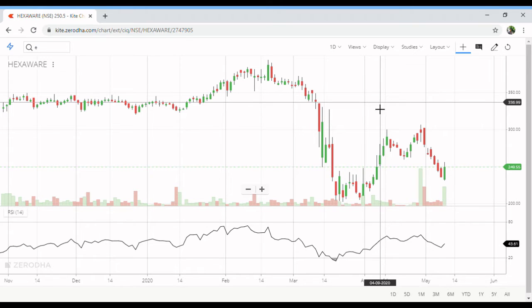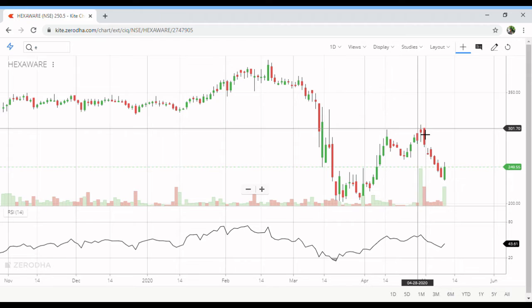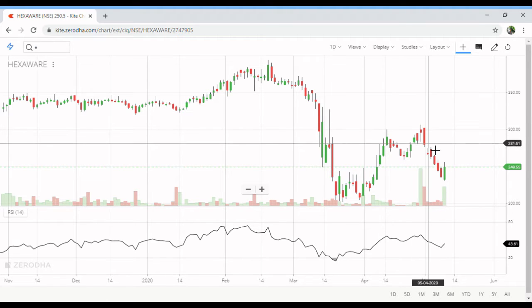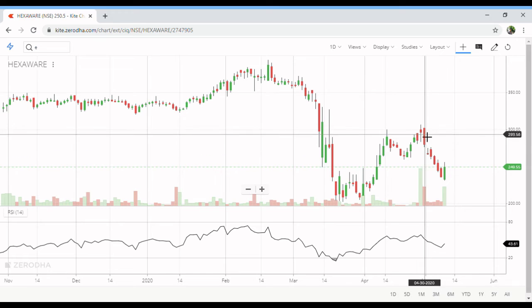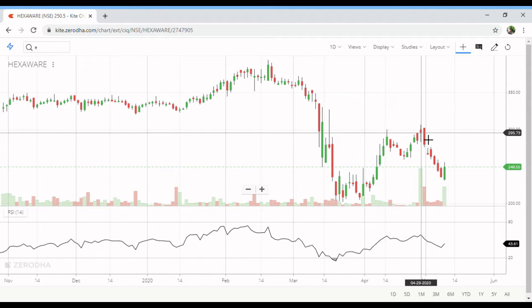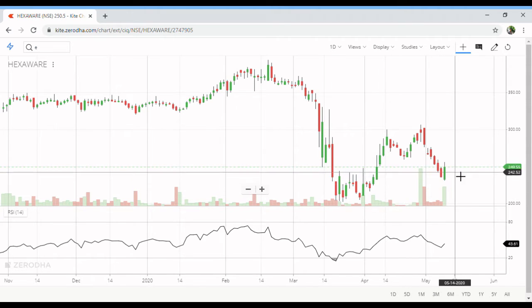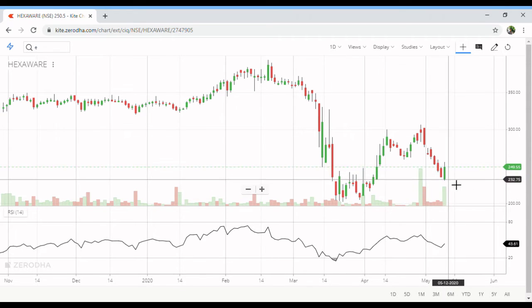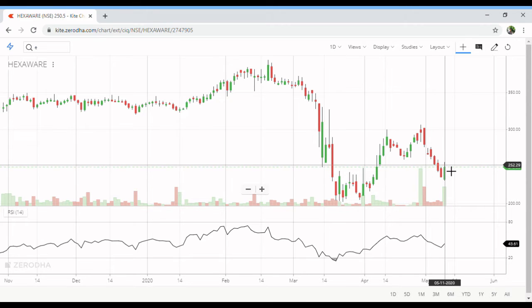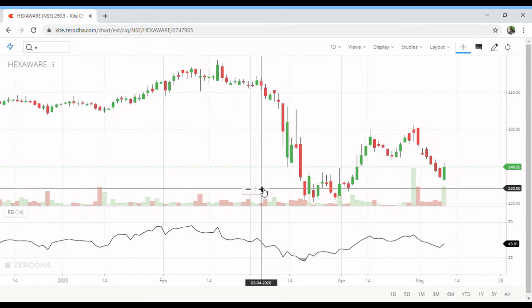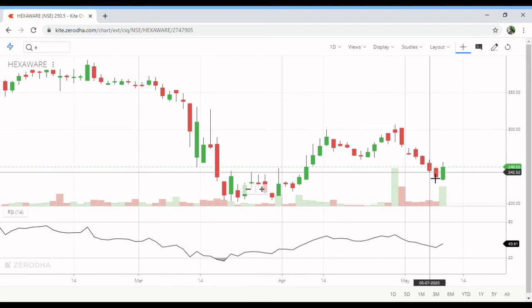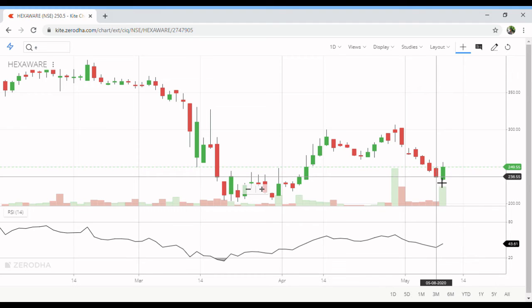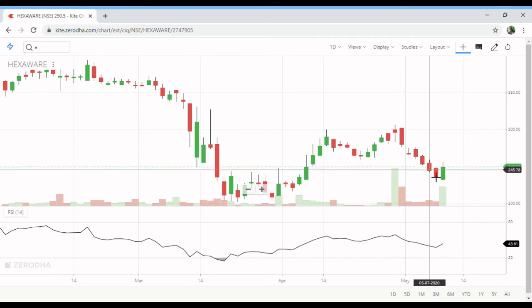Let me show you an example of Exavar. Here you can see that the prior trend of this stock is a downtrend. After the downtrend, you can see this candle which is engulfing the previous red candle's low and high. What you need to look for is that the prior trend should be a downtrend. Here it gets validated, and the previous day should make a new low, which it is also making.